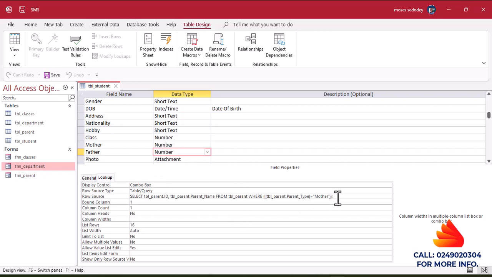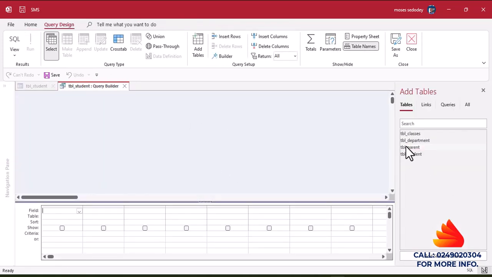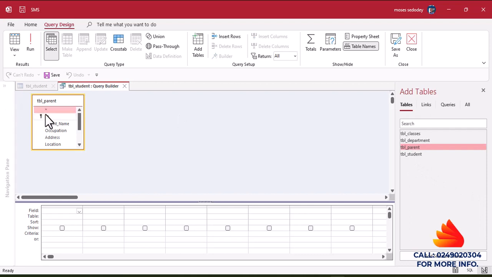We'll clear the whole of this and redo it again. So this is for father. We have been working on father first. So you click on the 3 dots over here, and you select the parent table. The ID, the parent name,